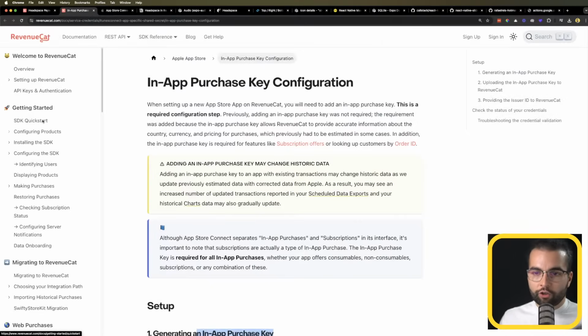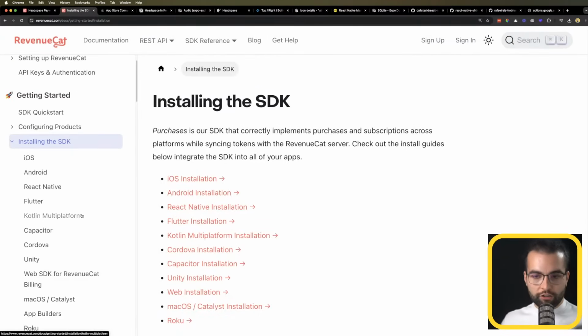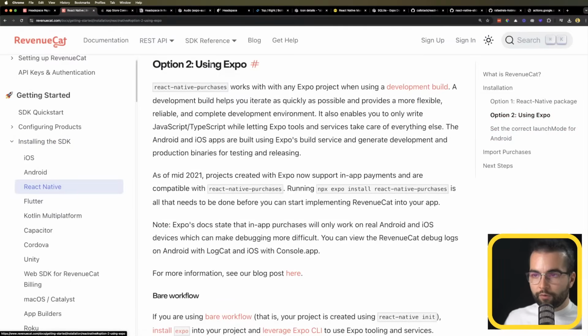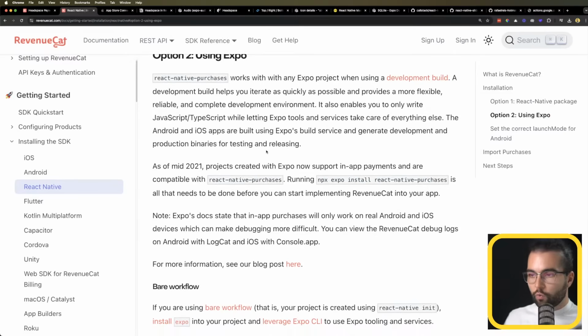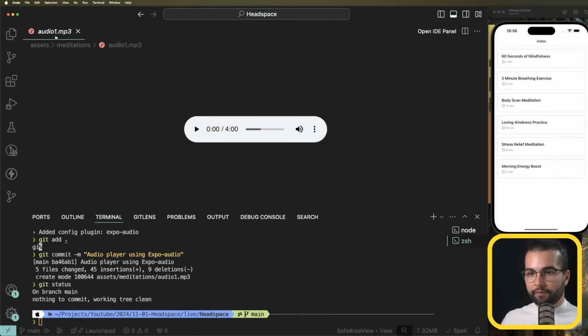If you go into the documentation, there is this install SDK guide, and there are SDKs for a lot of platforms, but we're interested in React Native, and specifically in React Native using Expo, option number 2. So what we have to do is install React Native purchases, which is, let me check